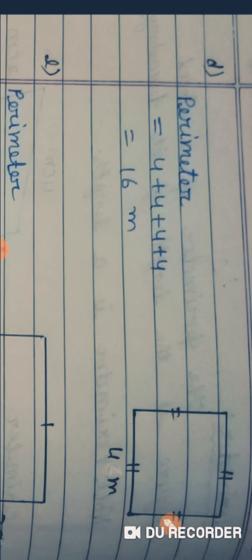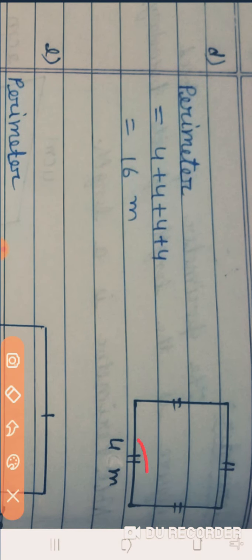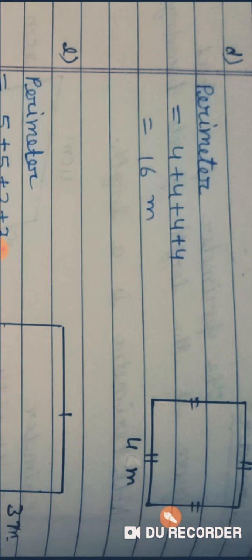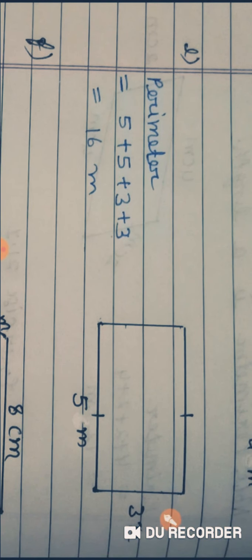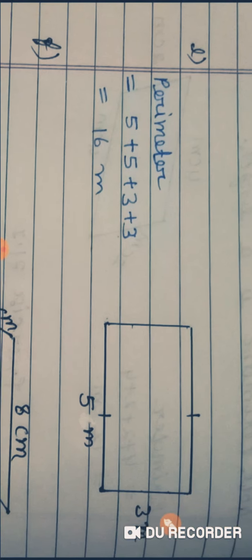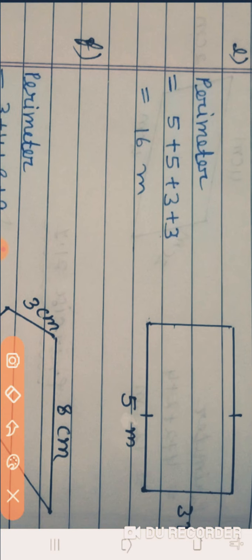Okay, so please see this one, this is the square, my dear. The edge length is 4 centimeter, all the edge lengths are the same. So 4 plus 4 plus 4 plus 4, that is 16 centimeter. I will give the formula to find the perimeter for the rectangle and the square, so please wait for that. Firstly, in a simple way, I want to give the explanation of questions from the exercise on perimeter.